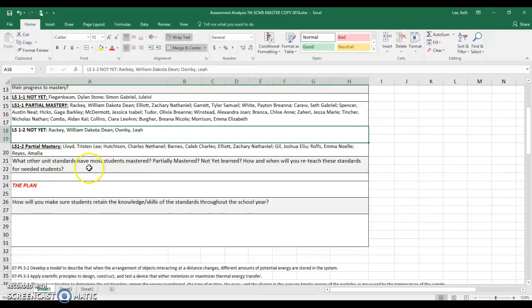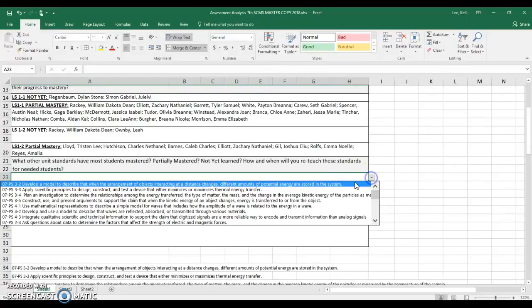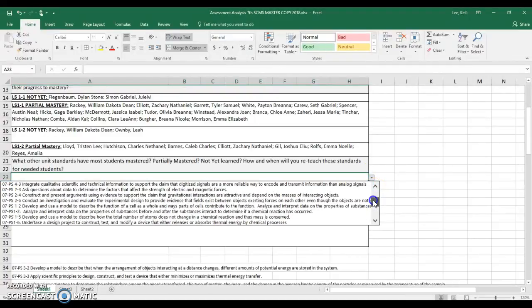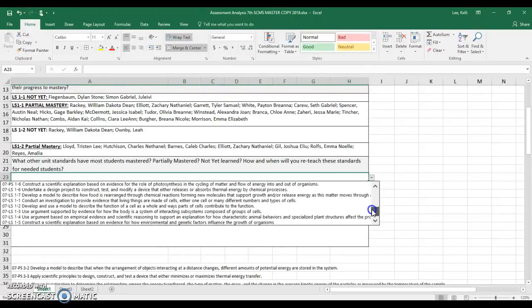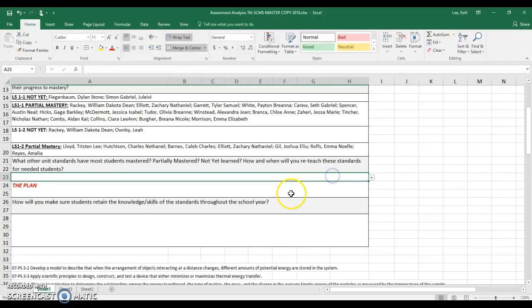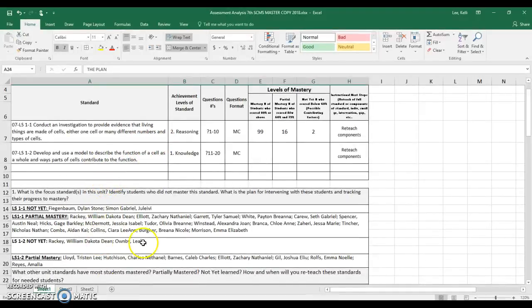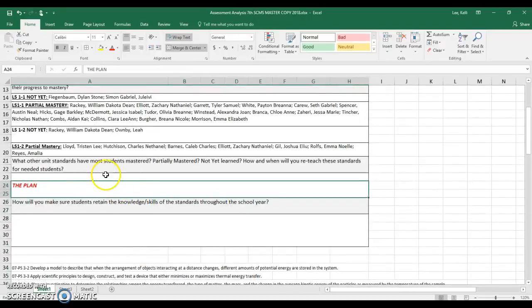So here it says what other units in the standards, or what other units have most students mastered, partial mastered, or learned. Okay, this is also a drop-down box. So if I had a third target that was not a focus standard, I could easily identify that target here in this section and then just answer the same things. So if only one of these was my focus standard, I would only put one of them right here and then put the other one right here. But since I did not have a standard that was non-focus here,